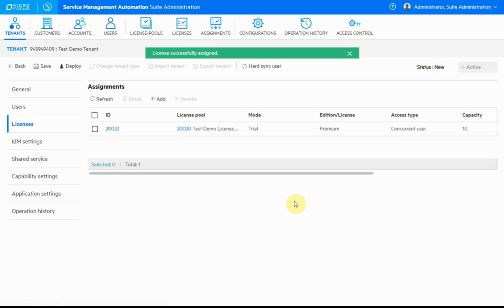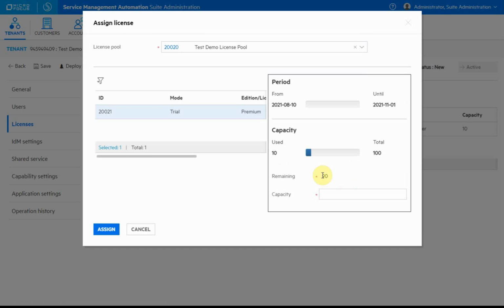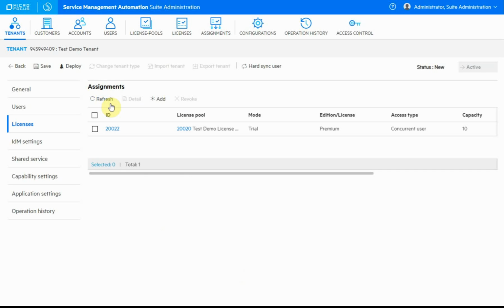that license pool. Just for demonstration purposes, I'm going to go back in here and pick that license pool again, and you'll be able to see that there are only 90 remaining now, right? So there are the 10 that we allocated, and then 90 left of the total of 100 from the license that we created originally. I'm going to go ahead and cancel that. With that, I'm going to go ahead and save